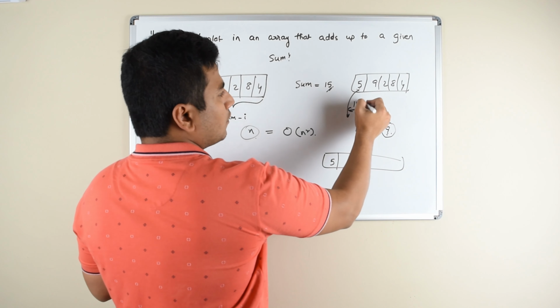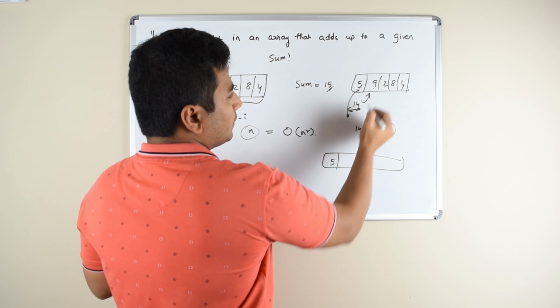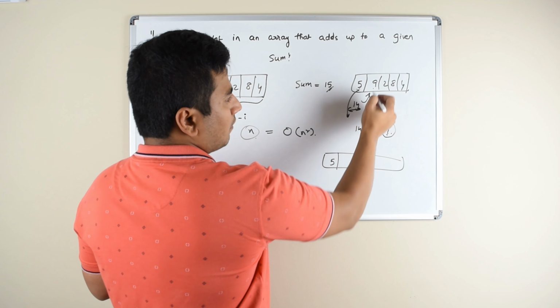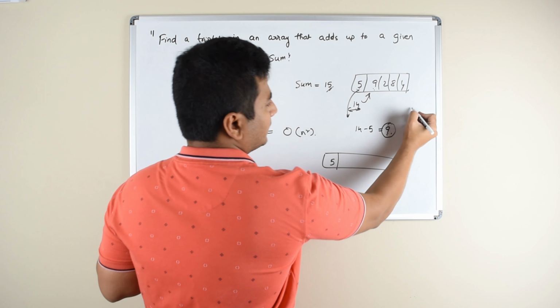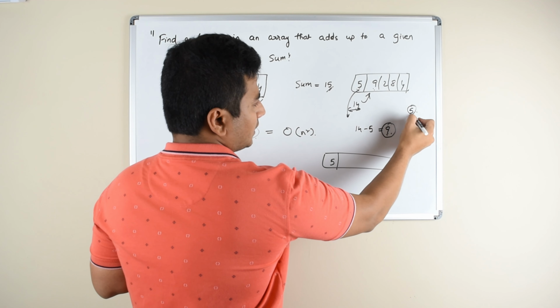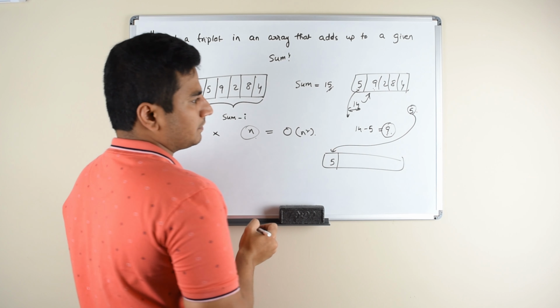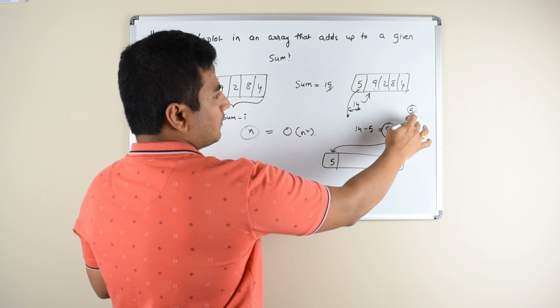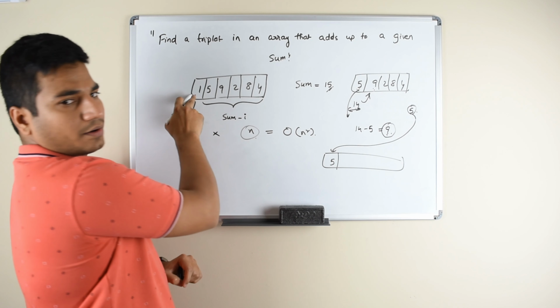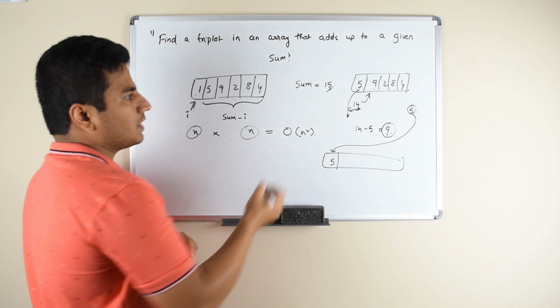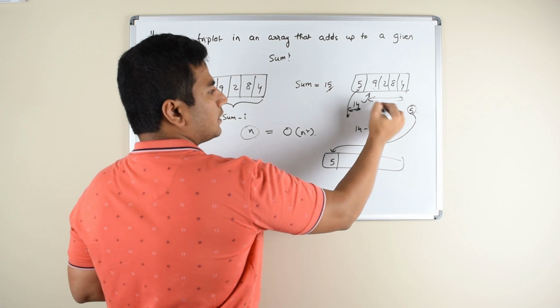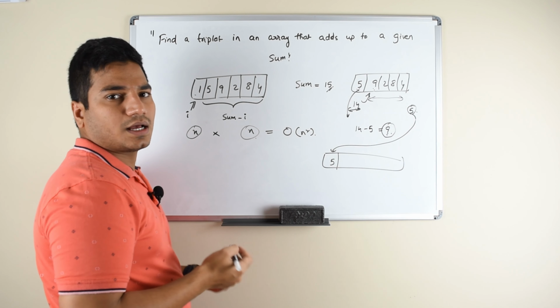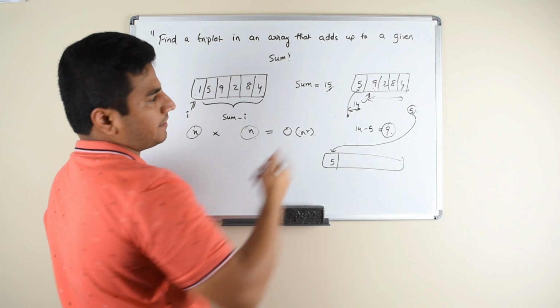And when you go to the second element, 9, you again try to find the complement of this element. The complement of 9 is 5. You check if this 5 exists in this hash set. It exists. So you return this pair 5 comma 9, and then 1. That adds up to the summation of 7. Similarly, you do that iteration for the rest of the elements in the second subset array.